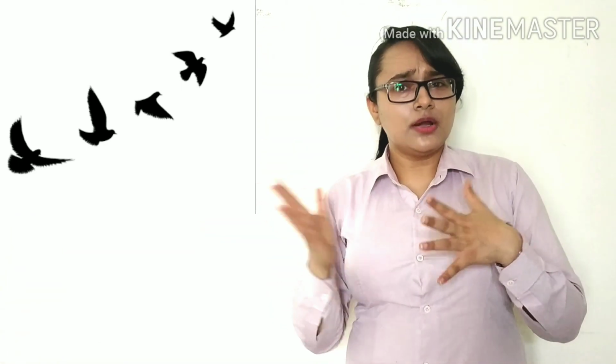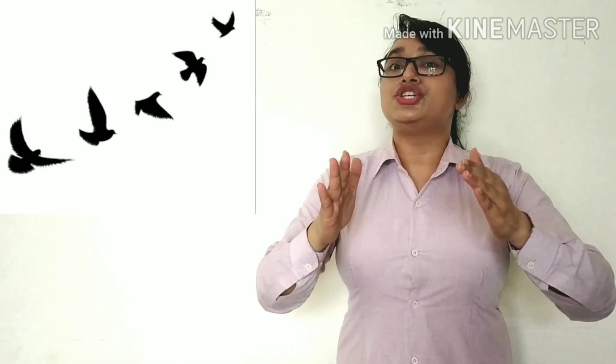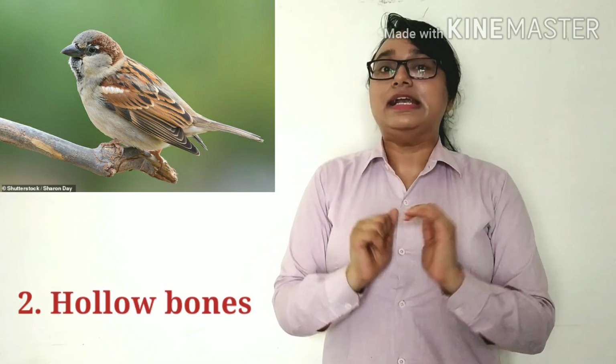How does the bird look? What kind of body structure does a bird have? For example, if you have ever seen aeroplanes flying in the sky, aeroplanes have a boat-shaped body. Similarly, birds also have a boat-shaped body which helps them to fly. Also, birds' bones are hollow. That means they have air filled in them, because of which their body becomes very lightweight and they can easily